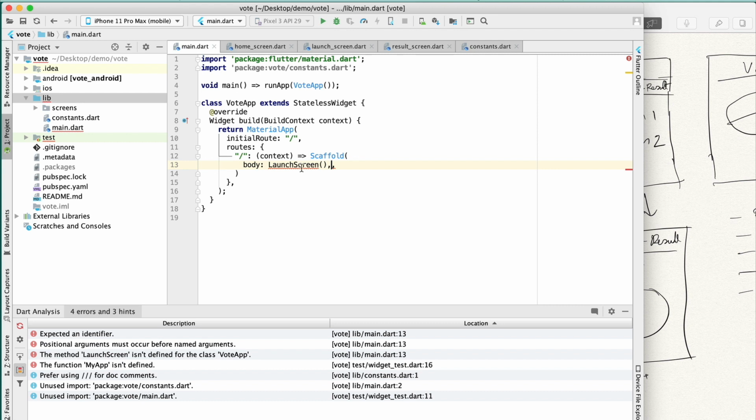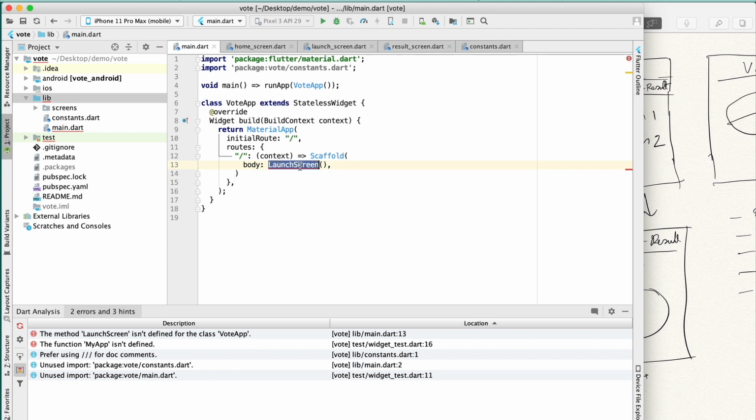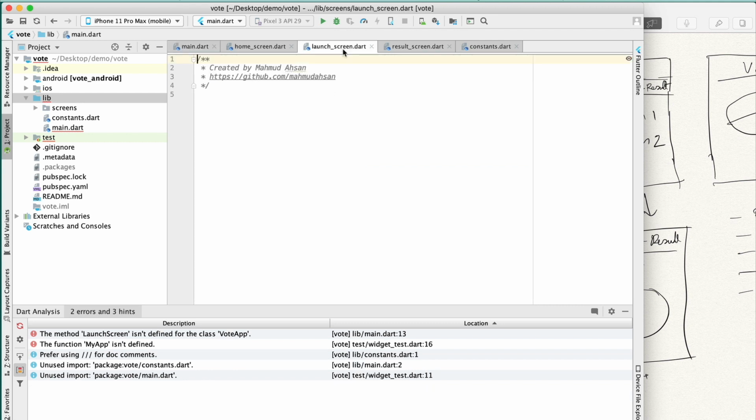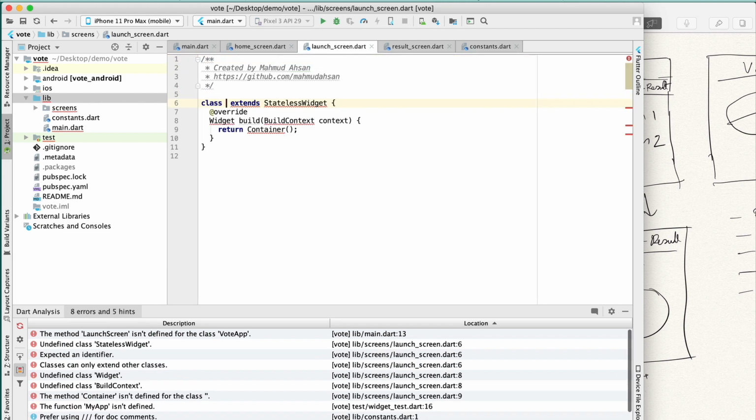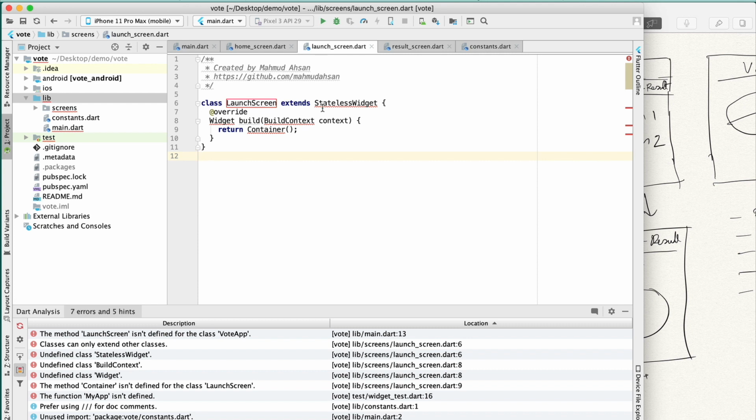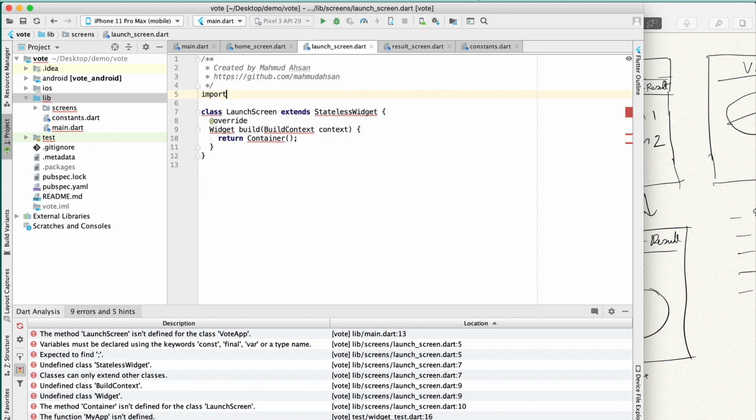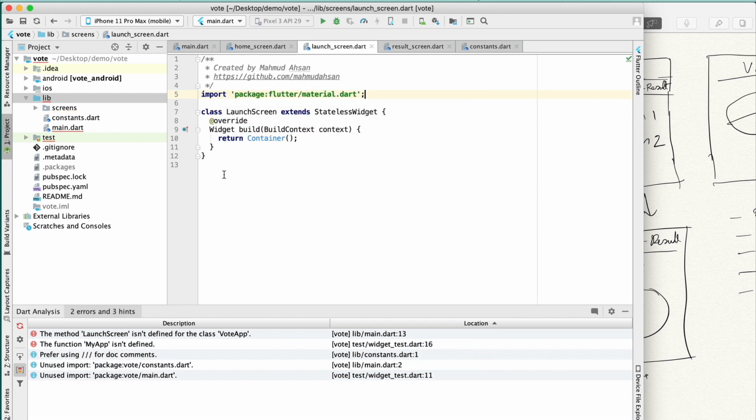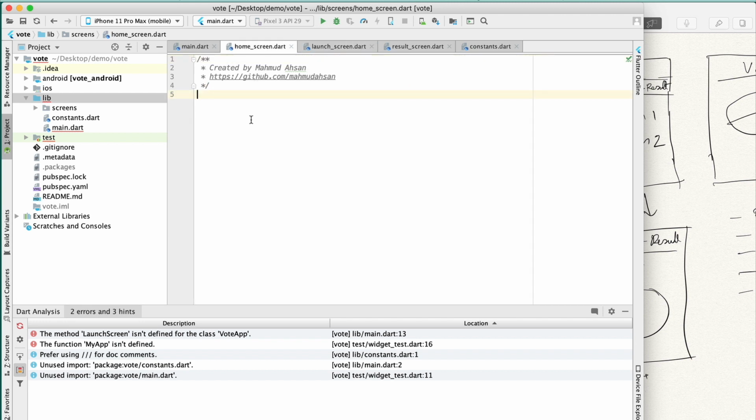So this launch screen is not yet defined, so let's define it in the launch_screen.dart file. I want to create a stateless widget here, and the widget name will be LaunchScreen, and here at the top I want to import the material. Alright, so now copy this first statement, the import statement, and paste it in the other screens like the home screen and result